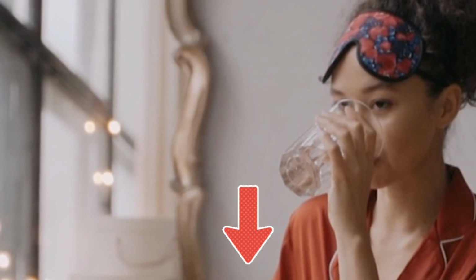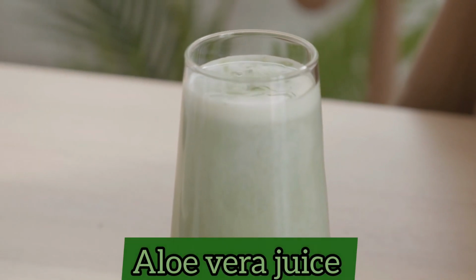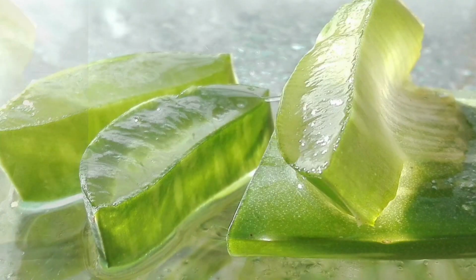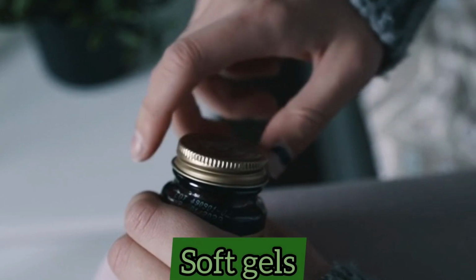You can also drink aloe vera juice made from the gel. You can consume the gel as is, or you can take aloe vera soft gels,